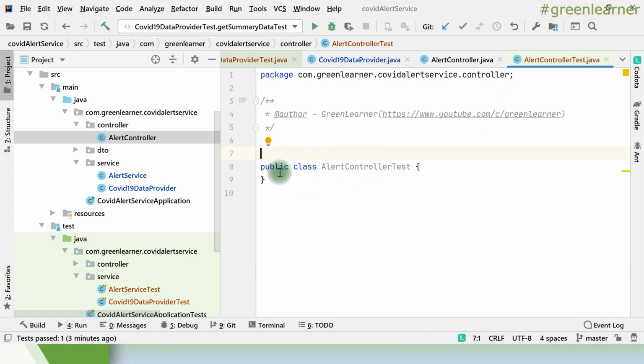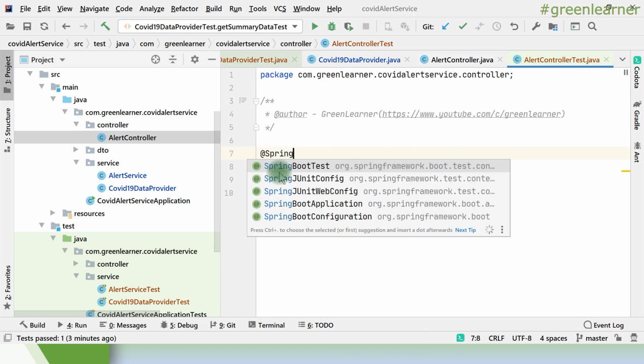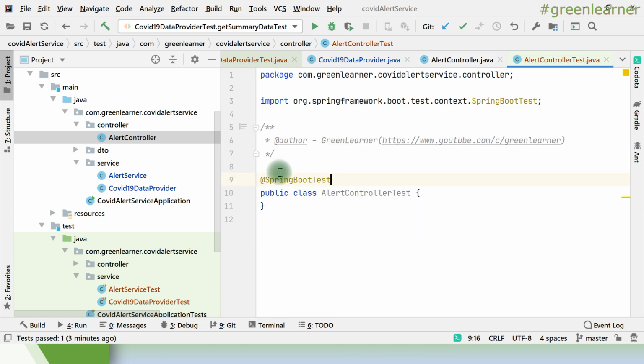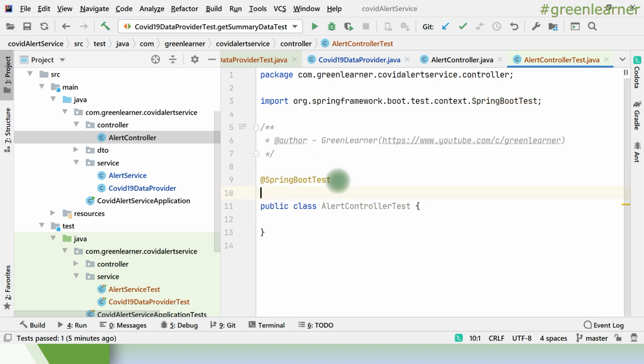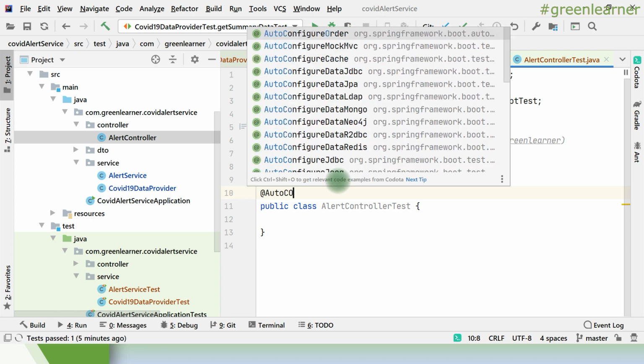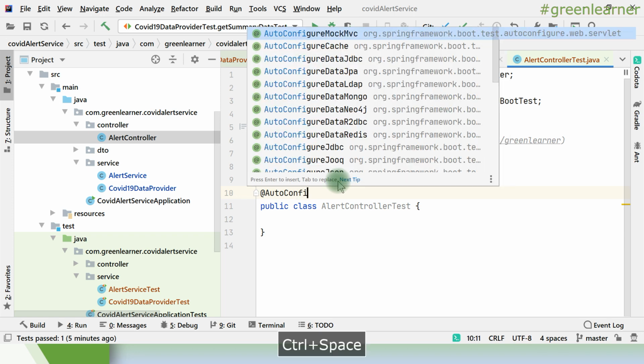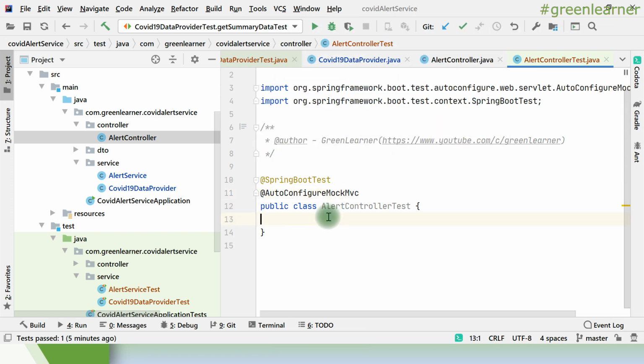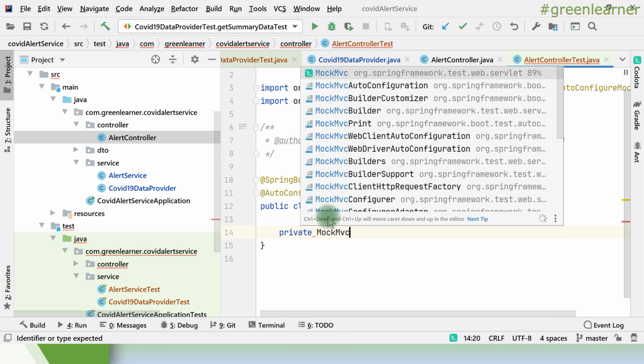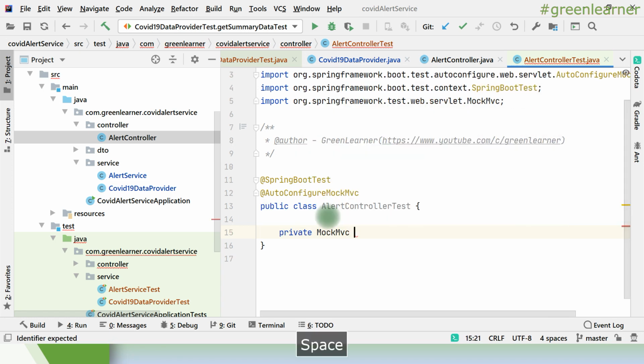So to write the integration test, the first annotation that we need is @SpringBootTest, right? After the SpringBootTest annotation, there is one more annotation, that is AutoConfigureMockMvc, right? And there is one class, private MockMvc, that is there.